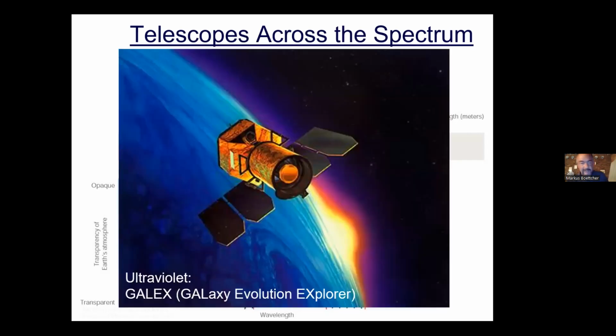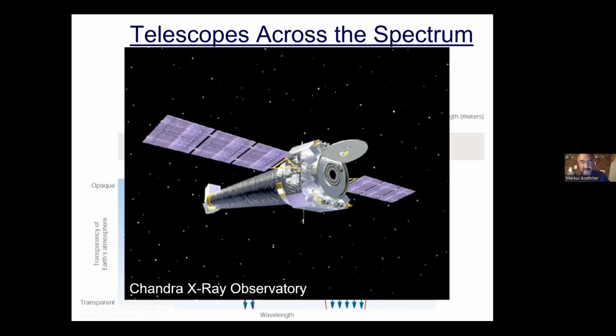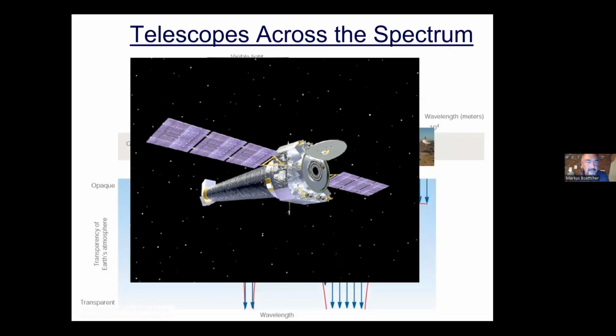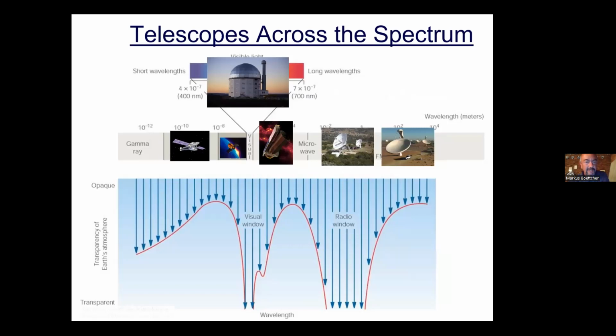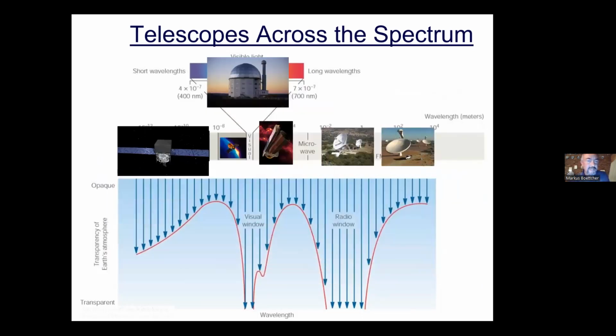There's one example of an ultraviolet observatory in orbit. It's GALEX, the Galaxy Evolution Explorer. There are quite a number of X-ray telescopes out in space. Maybe the one with the best spatial resolution is the Chandra X-ray Observatory that was launched in 1999. And the best thing we have in gamma ray astronomy, of gamma rays with energies of about 1 billion times visible light, giga-electron volt, that's the Fermi Gamma Ray Space Telescope, launched in 2008.